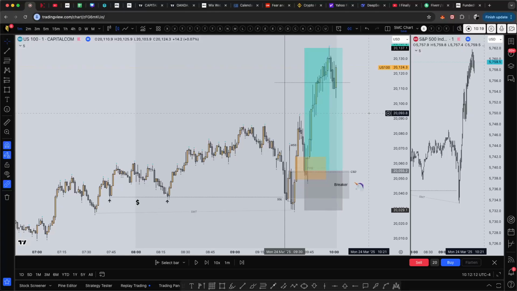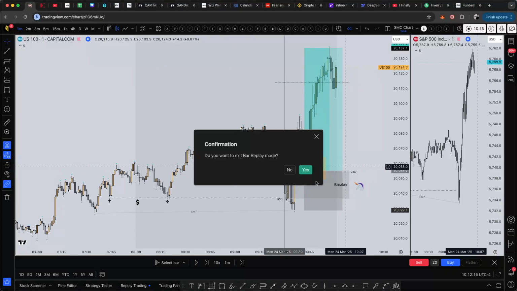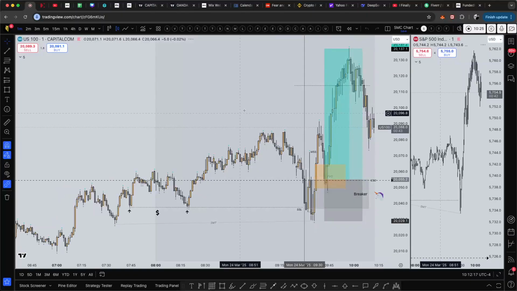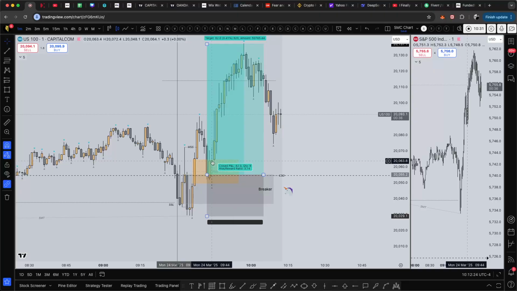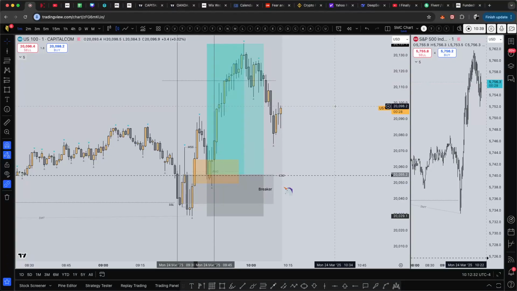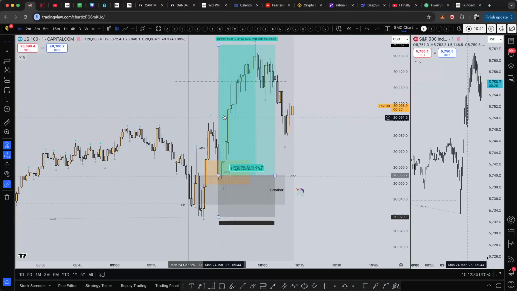It was on the 1 minute, which is not my favorite time frame. It's very volatile. It gets very, very volatile, and depending on the day, of course. We also had news today at 9:45. So right here, 9:40, 9:45, right here. This is the news. This candle is news right there. So I was a little concerned.